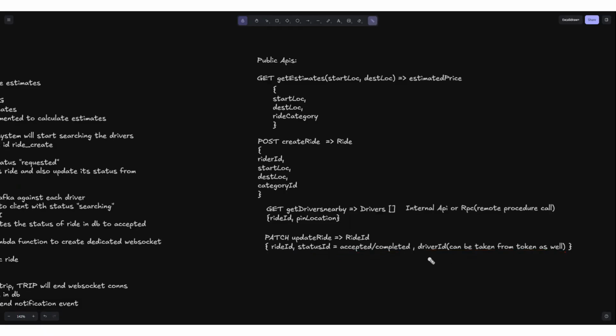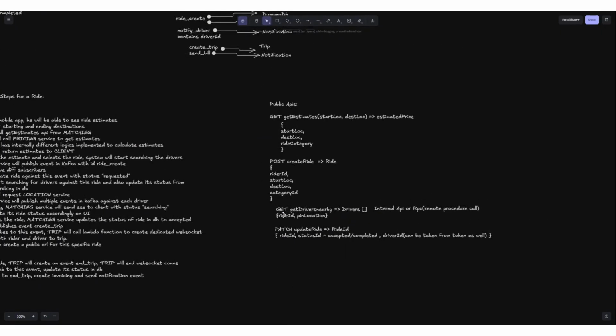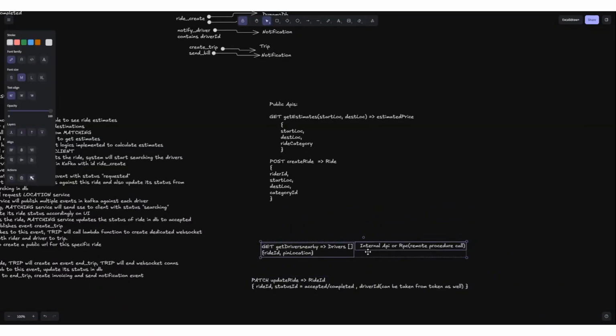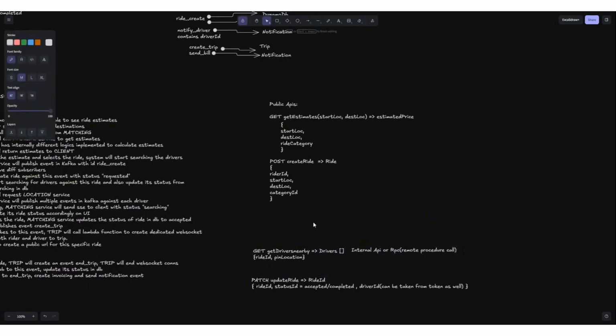And driver ID will not be passed; it will be automatically taken from the token. Two public APIs, and then two internal remote procedure calls. So that's how it will be.